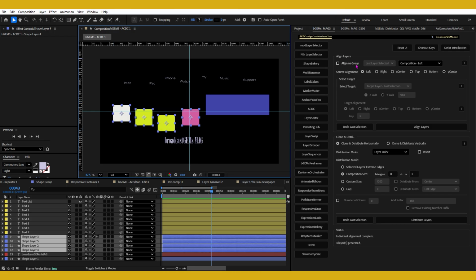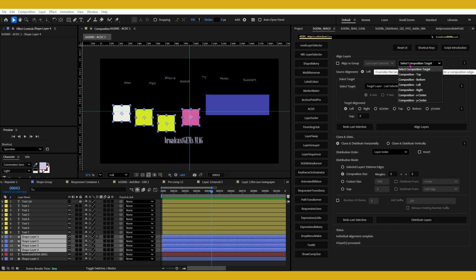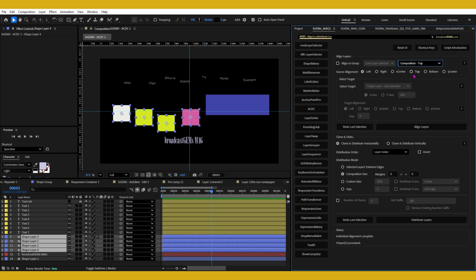And the other option now is we want to align to one of the layers here. So for that, this is new, right? In version 3, you've got to put this at the top selection. And when you do that, this becomes enabled. If you select any option here, then your target becomes disabled, right? Because the composition options become the target. So if you want to select another layer, you have to first select this option. Now, when you do this, the last layer selected becomes the target layer,